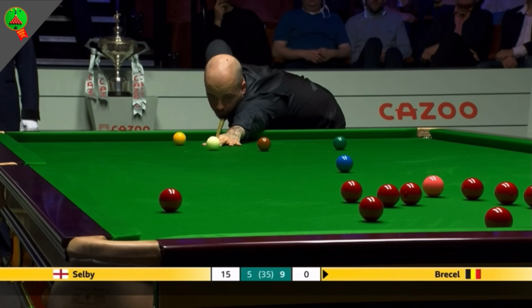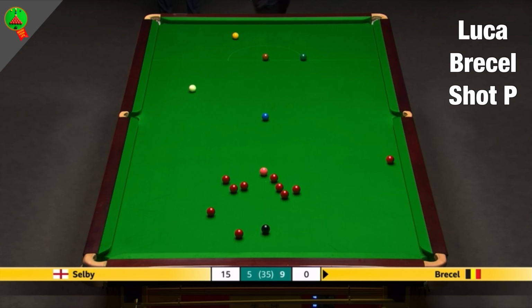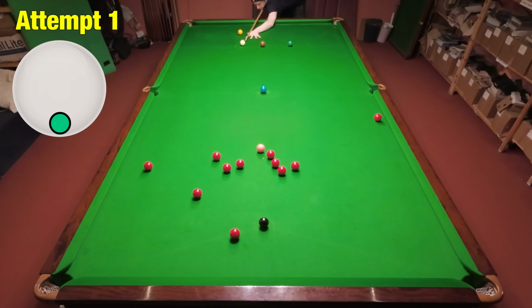This powerful screw shot might be the last we see from Luca Brecel, although I doubt it, as he's trying to take a 10-5 lead over Mark Selby. But it ended up being the only point he scored in that frame. Either way, I'm going to need really good cueing with this one, and I just about got away with it